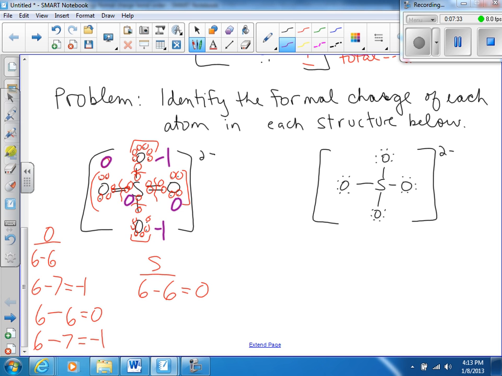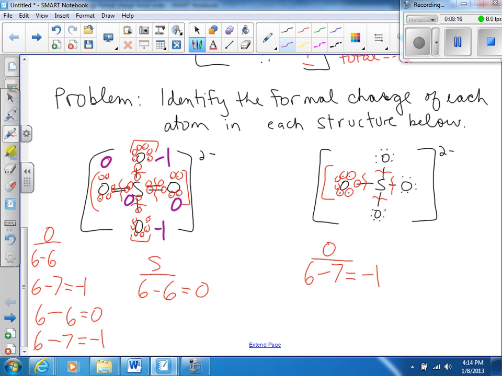which is sulfate. Okay, we're going to do the other possible way to draw sulfate over on the right side. So notice all the oxygens look exactly the same, so we only need to do the oxygen once. Let's see. Oh, and we want to draw our little lines here, dividing up the covalent bonds. Those electrons, one belongs to each atom on each side of the bond. So we'll do this oxygen over on the left. 1, 2, 3, 4, 5, 6, 7 electrons assigned to that oxygen. And oxygen has how many valence electrons? That's right, 6. And the oxygen has 7 electrons assigned to it in the structure, which would be a formal